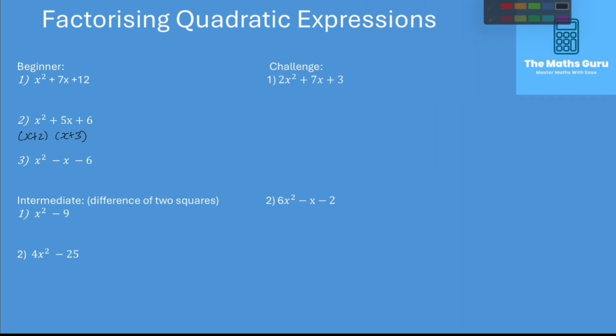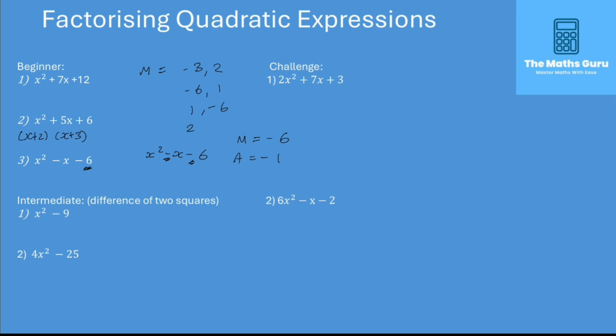Okay, looking at the last question, x squared minus x minus 6, we have to look at two numbers that multiply to give us our minus 6 as our last number here, and then add to give us our minus 1. Remember to look at our minus signs here. So we do our factors of minus 6, and we can have minus 3 and 2, we can have minus 6 and 1, we can have 1 and minus 6,